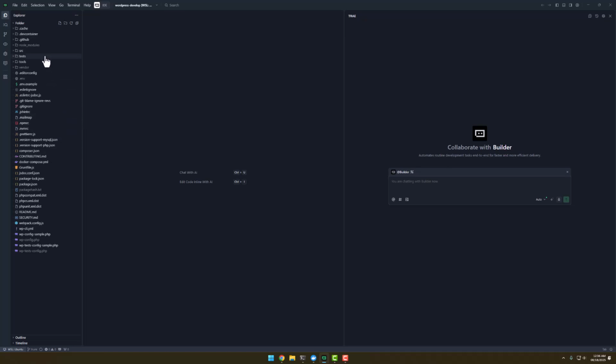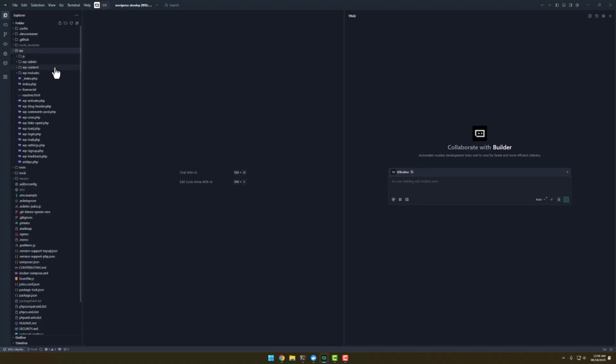Okay, so as we can see here, all the files from WordPress. If you are new to this, the structure is a little different because this is the development build. Okay, so as you can see, to get into the files for WordPress specifically, you have to go into src, and then you can find here all the